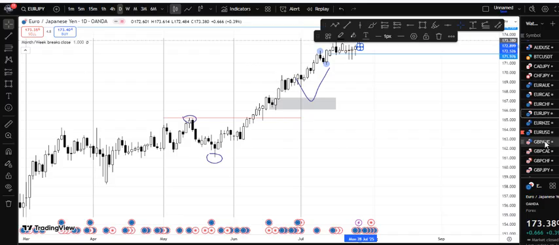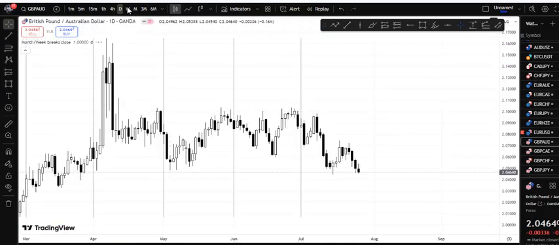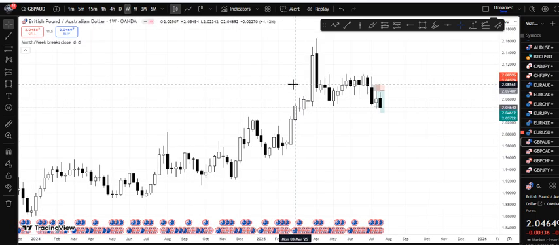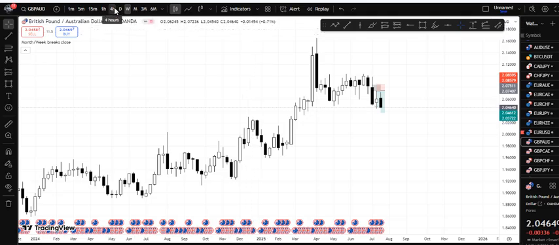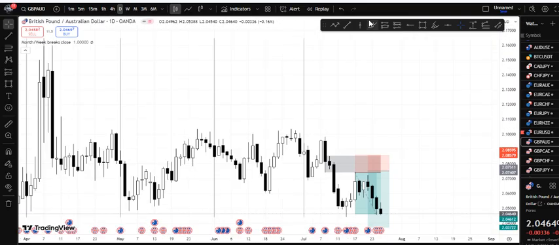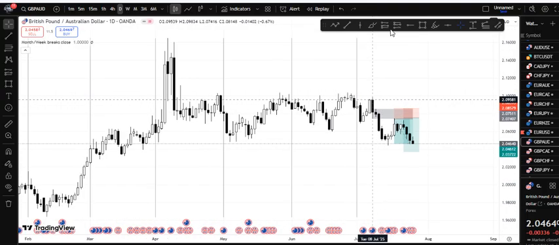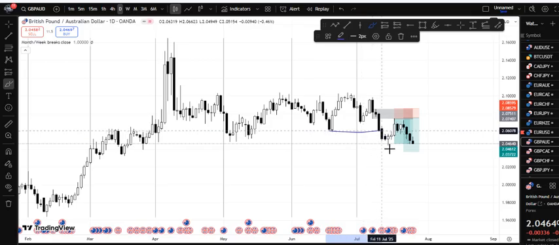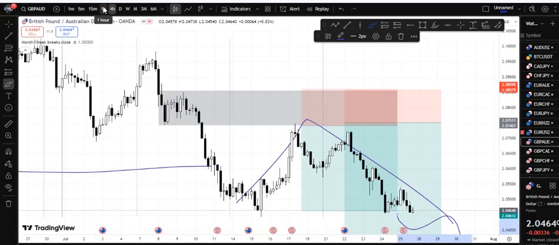For the pound weakness, I have GA. Okay, this was what I was looking at for last week, which played out, although I've not been in this position. Looking at it from the daily time frame, we have a very clear structure. So at first I told you this is our lower low breakout structure, so I was expecting a pull to short. So if this is a short, you can look for re-entries on the lower time frame, the 4 hours and the 1 hour, for continuations to the downside.